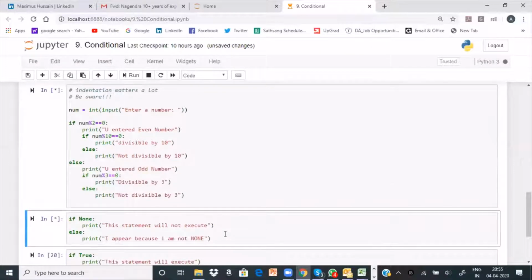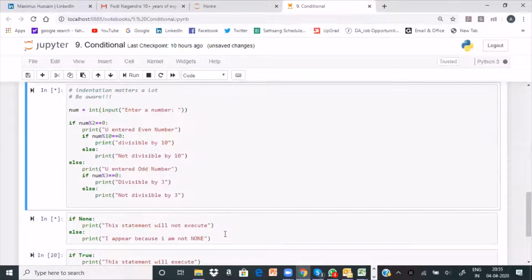Let me go back. It is still expecting me to enter some value which I did not. Yes, interrupt the kernel, sir. Yes, that is the correct answer. So interrupt the kernel. What do you mean by that?